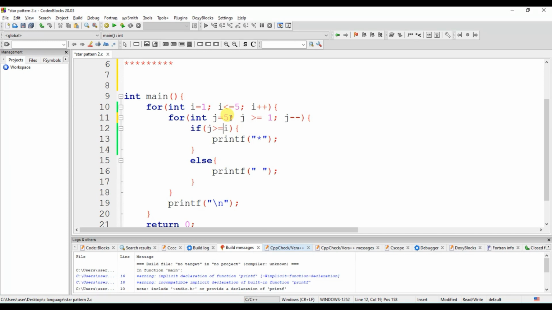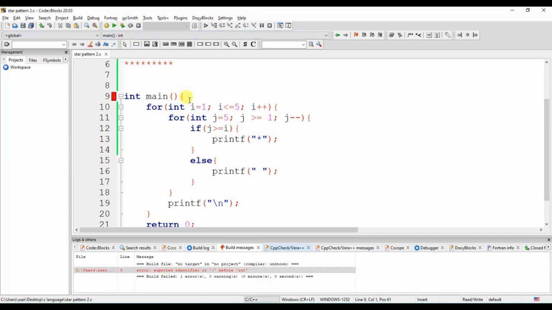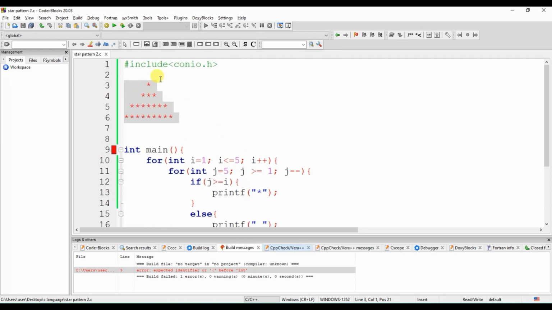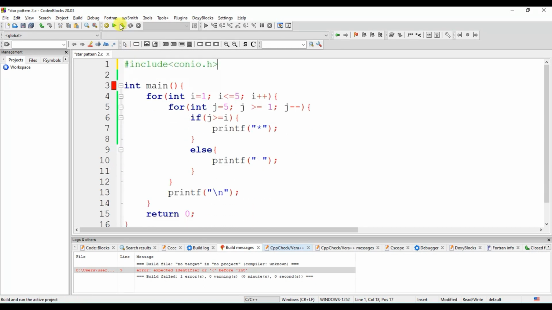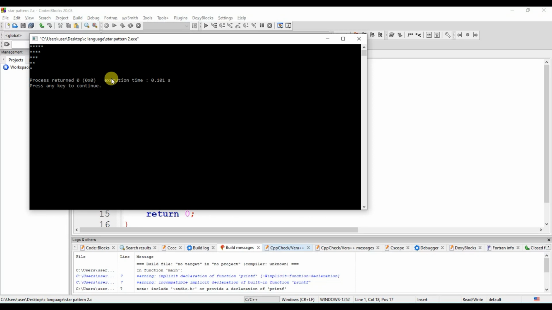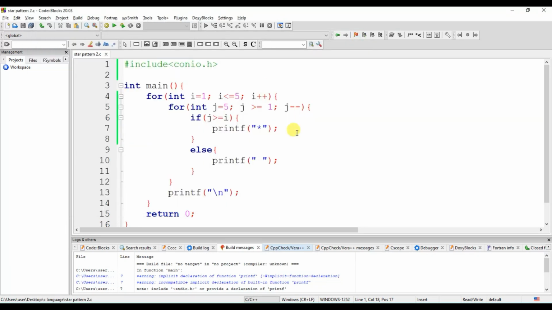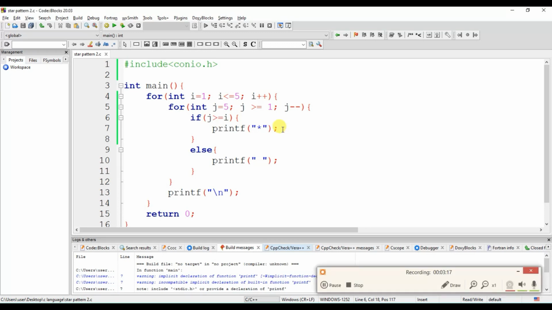And let us see what it just printed. Okay, we need to remove this. It printed this. Okay, so we need to print space first.